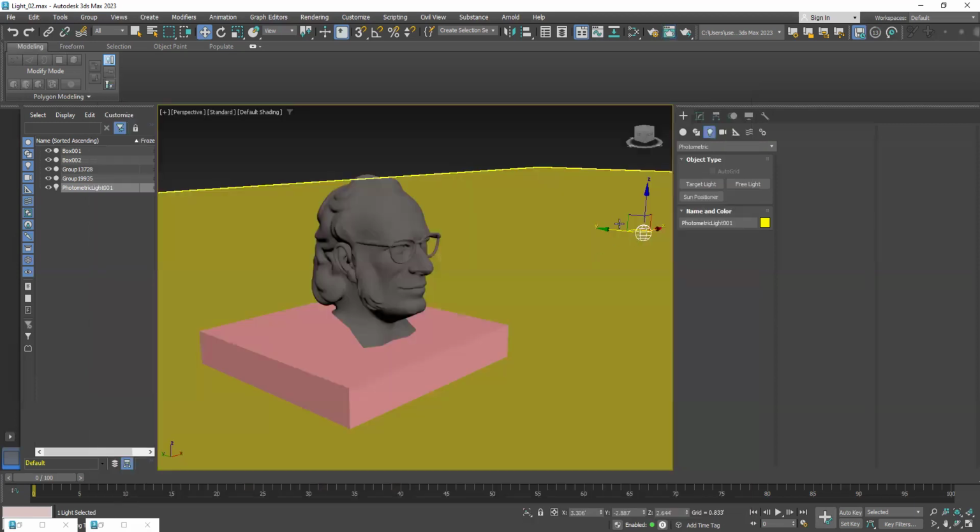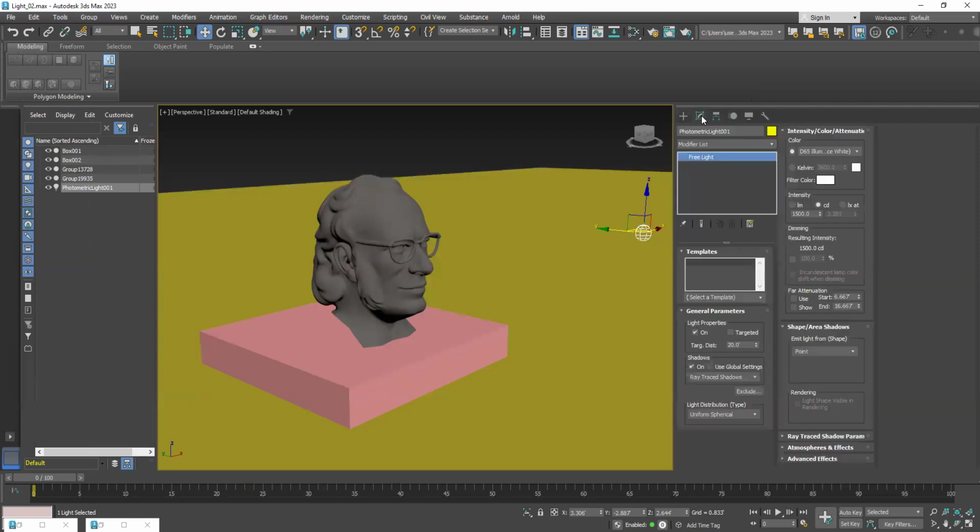Now to change the light settings, you have to go to the modify tab. We have many options here. The first one is templates. In this one, we are able to adjust how the light should react. So we have a 75 watts bulb or 100 watts bulb. Once you click it and render,